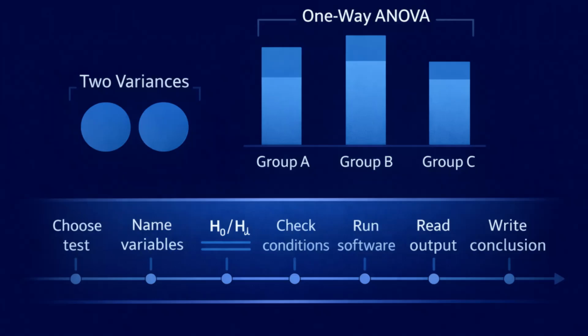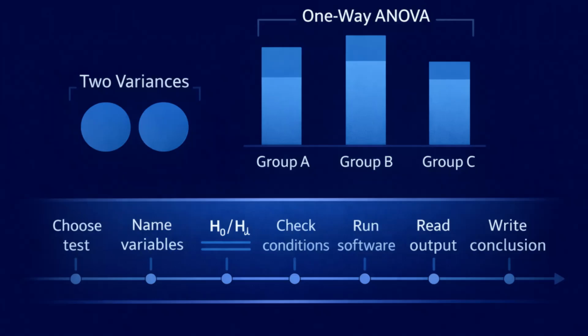In this video, we focus on comparing groups. We will learn how to conduct and interpret hypothesis tests of two variances, and how to conduct and fully interpret a one-way analysis of variance, often called one-way ANOVA. You will practice the full homework process for each method, deciding when to use it, naming the variables, writing null and alternative hypotheses, checking conditions, entering the right information into software, locating the correct values in the output, and writing